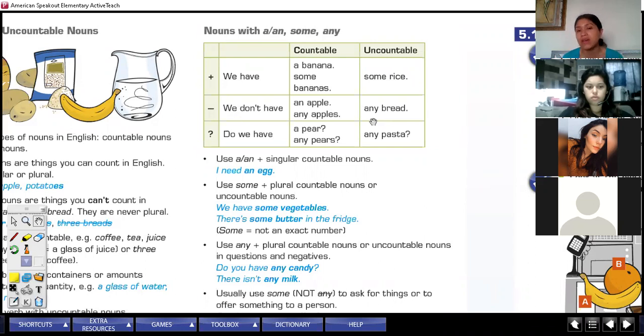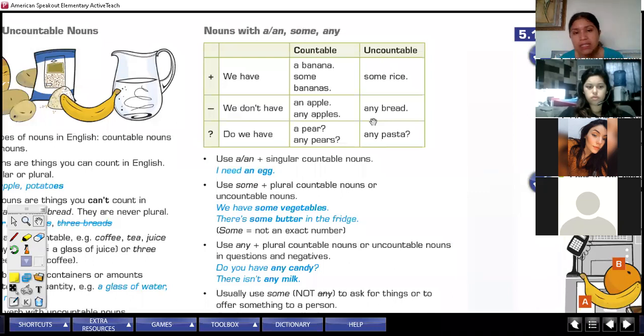Por ejemplo, do we have any pears? Estoy preguntando, ¿tenemos peras? Do we have any pasta? ¿Tenemos pasta? Se utiliza el any para preguntas, para preguntar si hay eso de lo que estás hablando. Y en negatives, to confirm that you do not have that thing that you're talking about. Yes? For example,